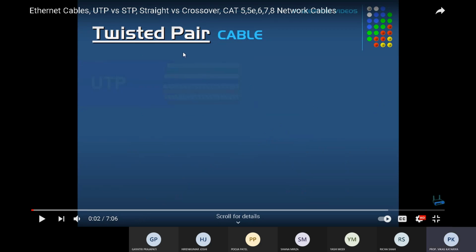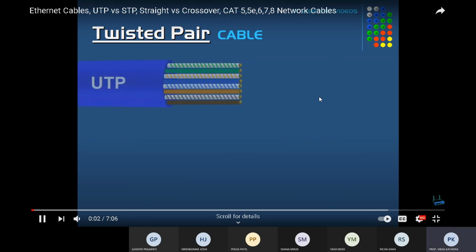So we were talking about twisted pair cable. We have two different categories, shielded and unshielded twisted pair, UTP cable, that is in our syllabus, and we have to prepare UTP cable in two different ways. First, we have to prepare UTP cables as a straight cable and a cross cable. So we should know what a cross cable is and the purpose of preparing the cross cable, and the purpose of the straight cable.